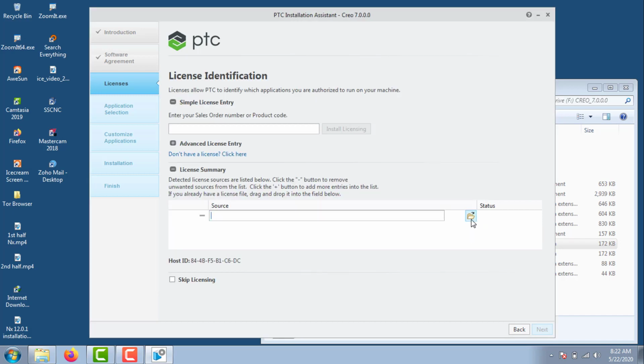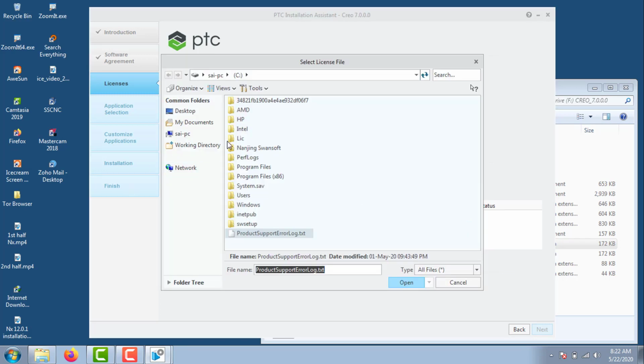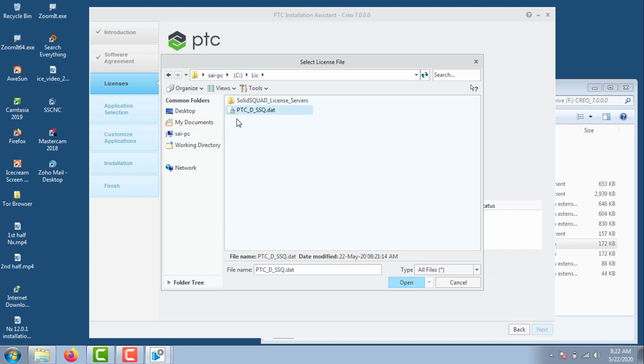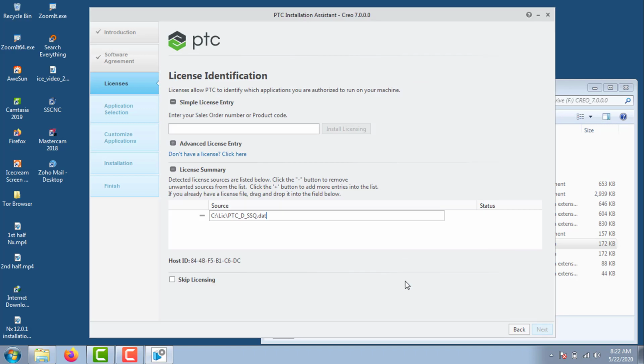If you check, browse the license file, and we want to go to the C drive, and I have placed the license key in a new folder, and I just import it. It takes some 1.5 seconds, and it will show the status as available. Then go to next.